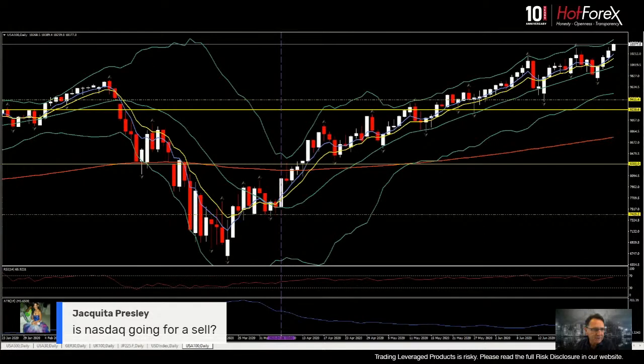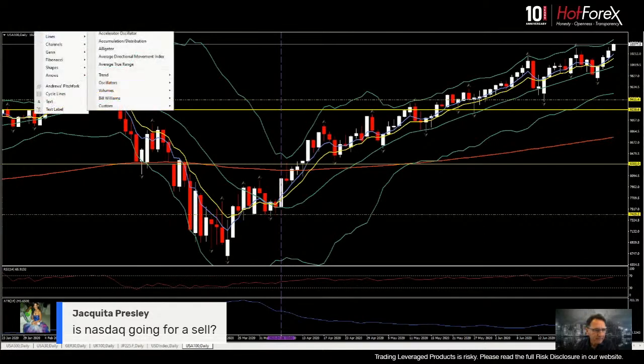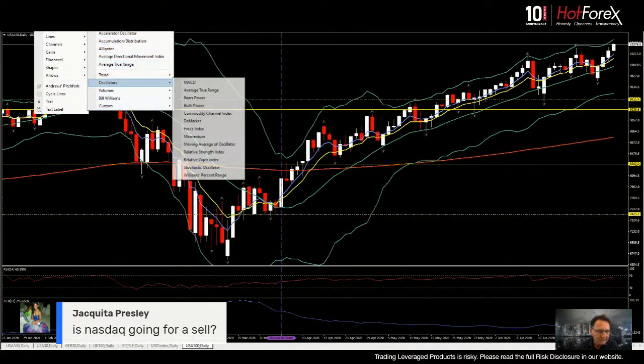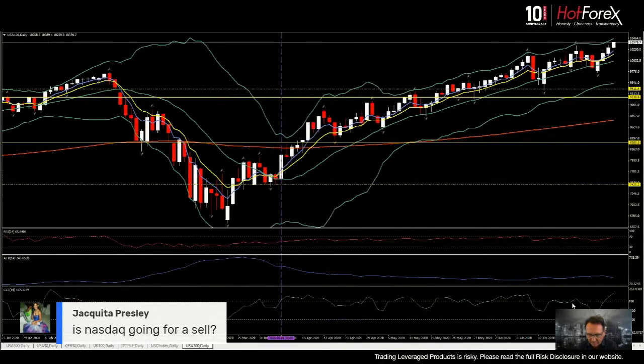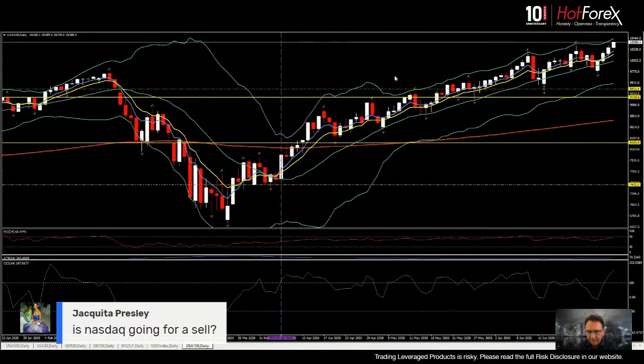If I just insert a MACD on here, where's my MACD gone? Well, any old oscillator will do. If I use the commodity channel index, 14, that'll do. You'll see it's a bit more exaggerated there. You can see the divergence here on the CCI as the prices were still going up. So here we'd had some significant down move. I mean, it's broken back up that now, but